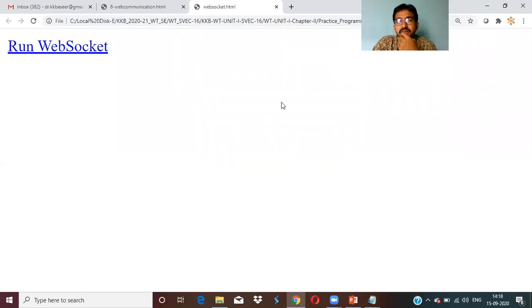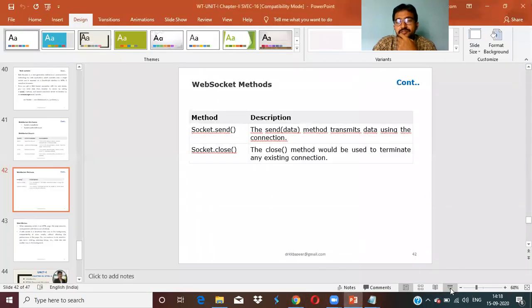Once it is done, if it is not loaded properly, then the socket.close function will be called automatically. In the socket.close function, what we have written is "connection is closed". So like this, the program will run. Once again, run the socket. It supports, then "WebSocket is supported". Now, if you quit, then automatically the connection will close. Like this, we have written the code inside that.